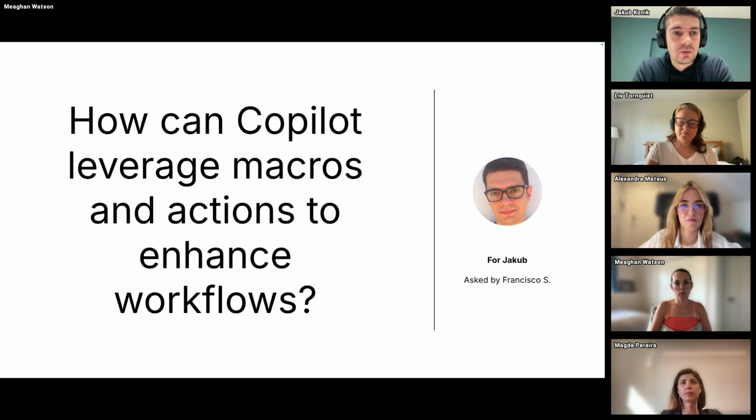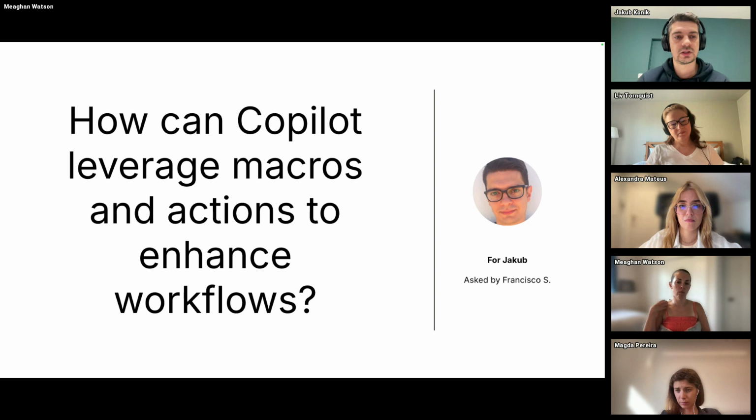So that's another way we can leverage macros. And maybe there's a third way. It's in suggested first replies. So in suggested first replies, we very often suggest a first response to a ticket based on the macro that should be used on that ticket, because very often a first reply to a ticket is a macro. So we've built a feature that is trying to predict what macro should be used on each ticket and just suggest this macro to the agent in the composer. So they only have to press tab to execute this macro.